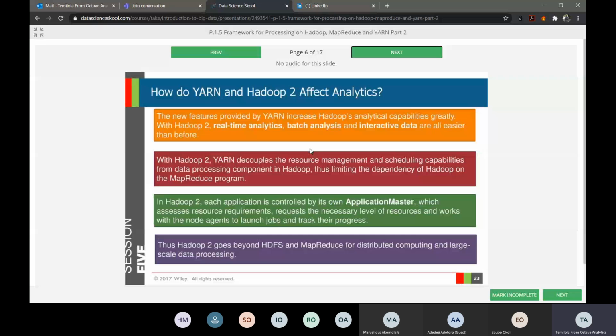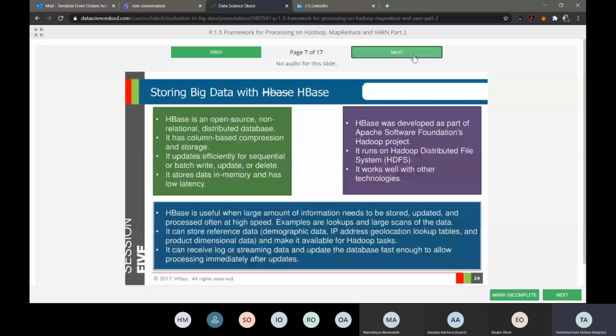So Hadoop 2 goes beyond HDFS and MapReduce for distributed computing and large-scale data processing. Let me know if you have any question. If you don't understand,